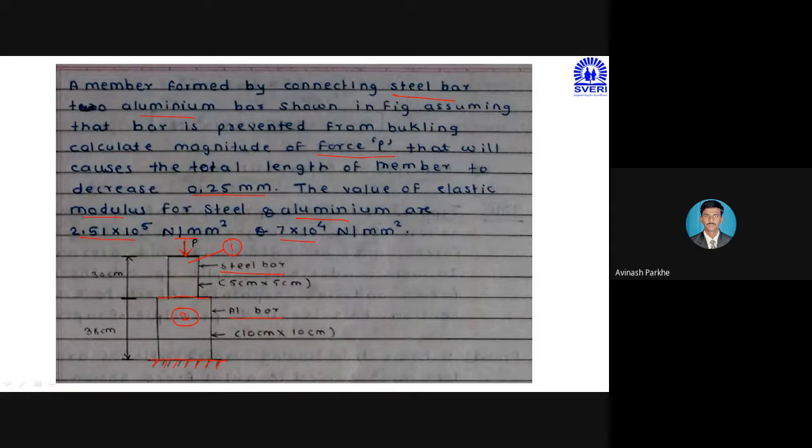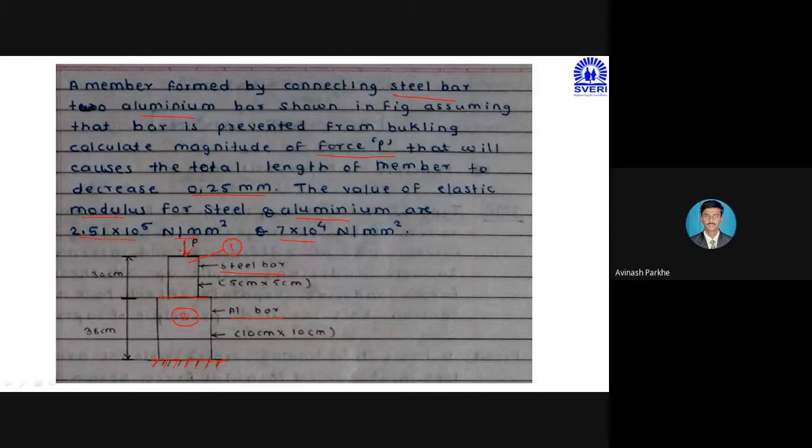If you go through the construction properly, the bottom side is fixed and the P is applied from the top side. So due to that force P, this particular bar is under compression. Means there is a decrease in length. At the bottom side, the bar is fixed, and from the top side, the P amount of force is applied in the downward direction. So due to this P amount of force, what happens? The length of that particular bar goes on decreasing.